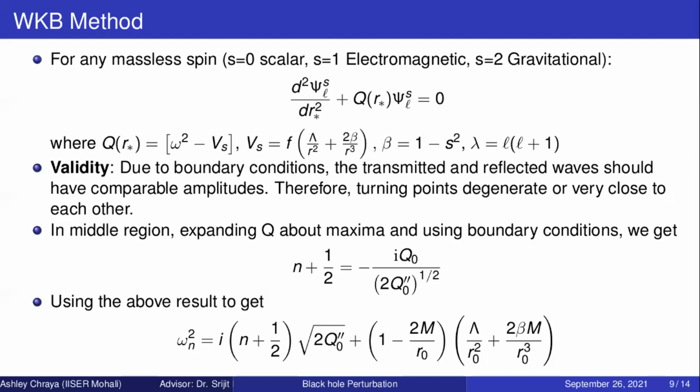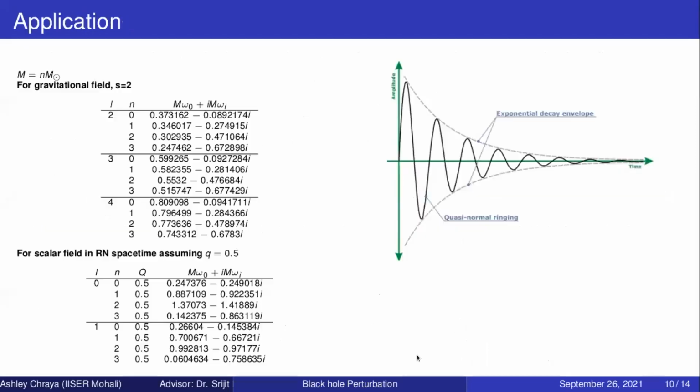Yeah. So finally, what we will get is this condition, that omega will be a complex number, with an imaginary part and a real part. I have computed these values for gravitational waves first, and as you can see, the imaginary part is negative, and it shows that the black hole is stable. That is, our Schwarzschild black hole is stable. As I have told earlier, this analysis is also valid for the RN space-time. So for RN also I have computed this, and I have found that the black hole is stable.